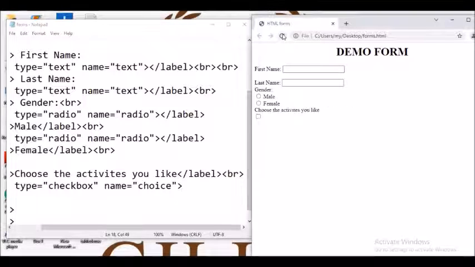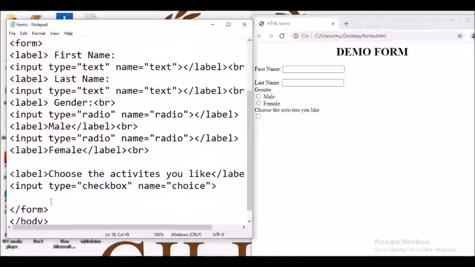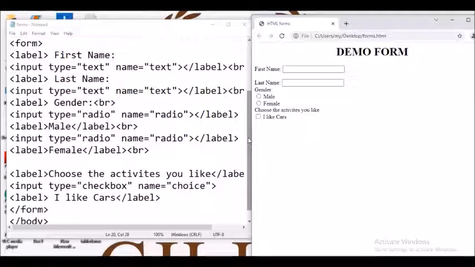Now run this. Fine. Now again a label wherein I will be writing the activity, or say any sentence. I say I like cars or I like chocolates, whatever. It's just an example. See, this way you can repeat the things.